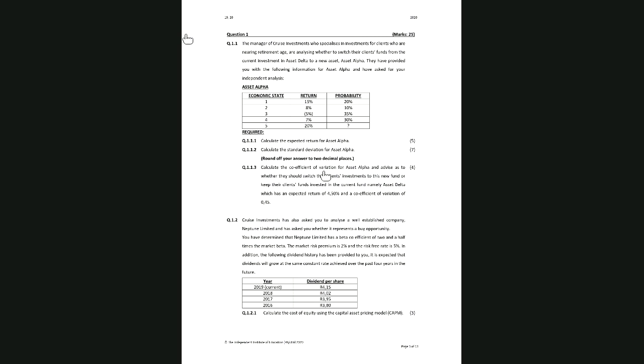I have got 5 years of information, or what did they say, economic state, 5 different possibilities. These are the different returns over 5 different, let's call them years. I don't know why they've called it economic state at the top there. Those 2 are positive, which means that they made a profit. In this 3rd year, that's a negative return. Please take note of that, which means there was a loss or prospective loss. And then again, 4 and 5 are profits, positive figures.